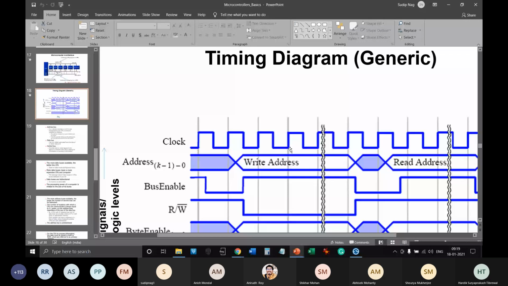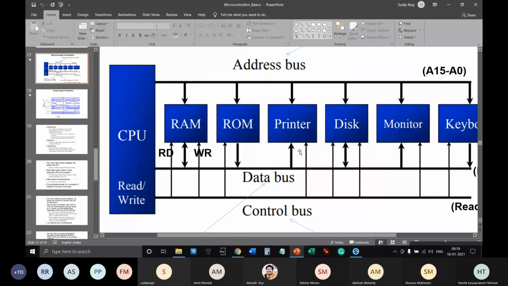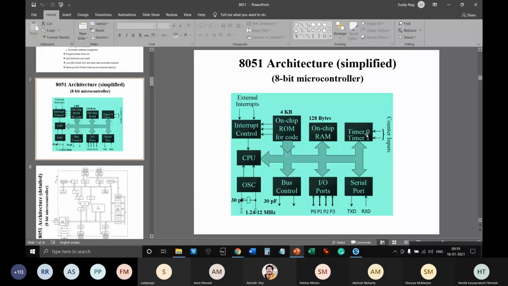But if you look at the timer, the timer is one of these peripherals, which can be accessed through address, data, and control buses. Now looking at the specialized version of the timer, timer 0 and 1, as I said, there are two timers. Consider any one of them. Let's say I don't have any external input, so I just disable the external inputs here, and I want to count the time elapsed.